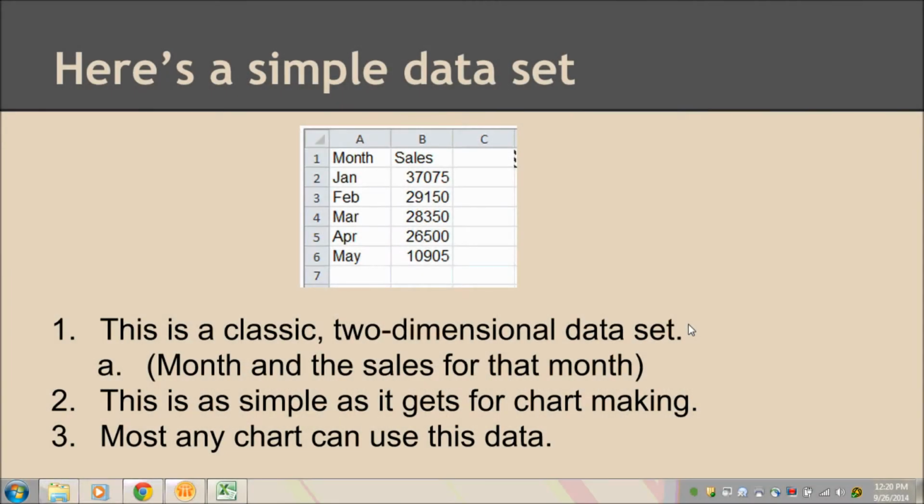So the first thing I'd like you to do is launch Excel and just create a simple spreadsheet in this format. In cell A1, type the word month. In cell B1, type the word sales. Down the A column, starting in January, just do a quick abbreviated month through May or June, and then make